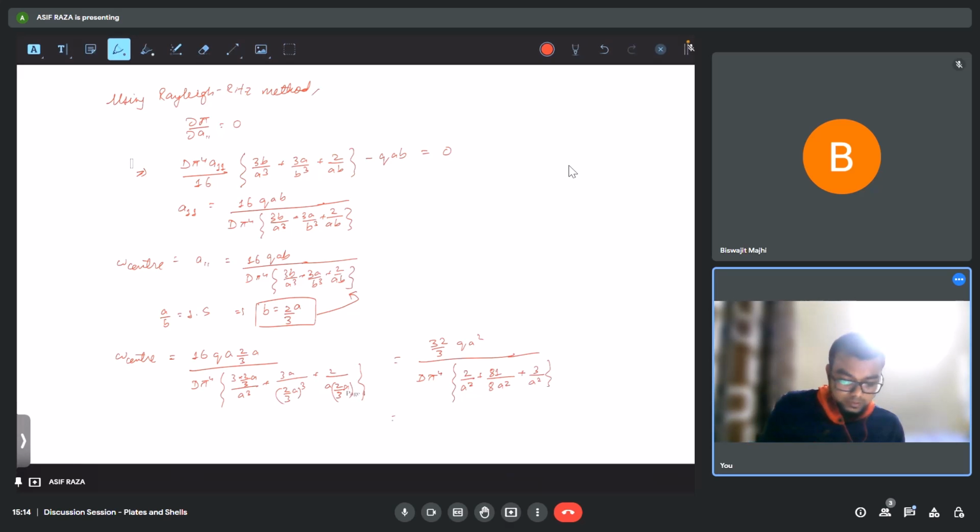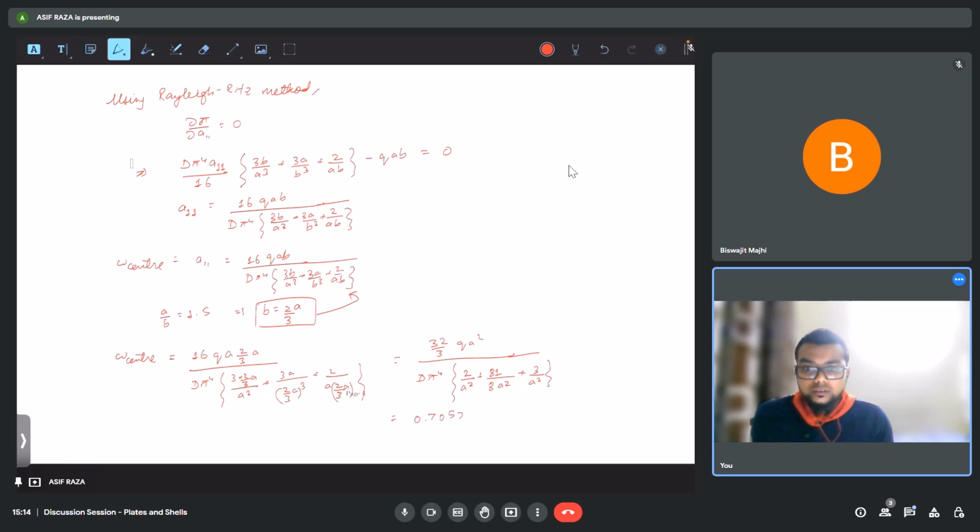So simplifying it, we will get the value as 2 plus 21 plus 3 into 32 50. So this will give me